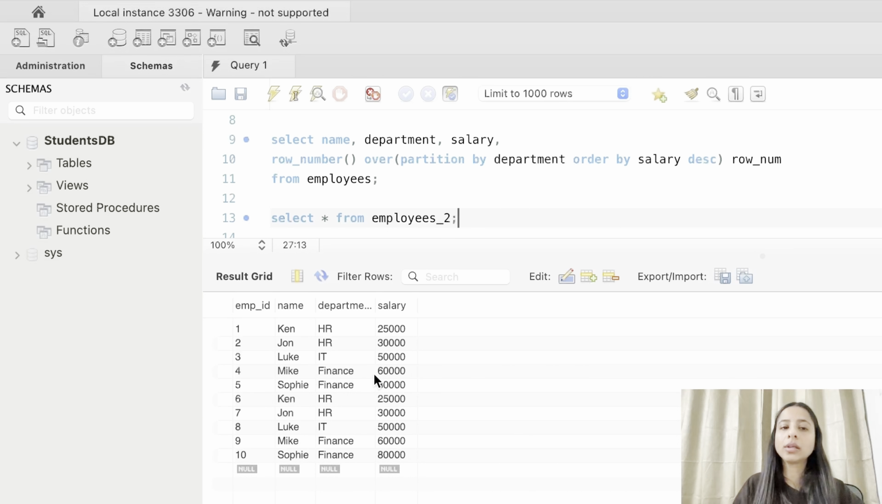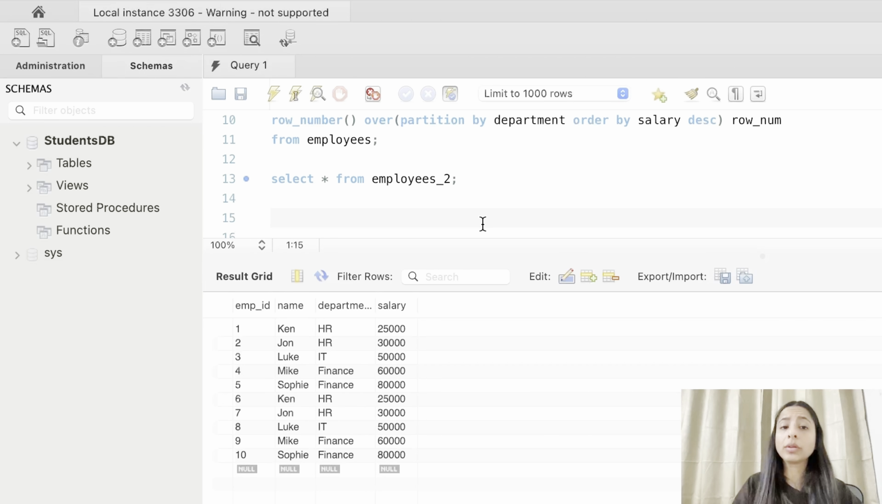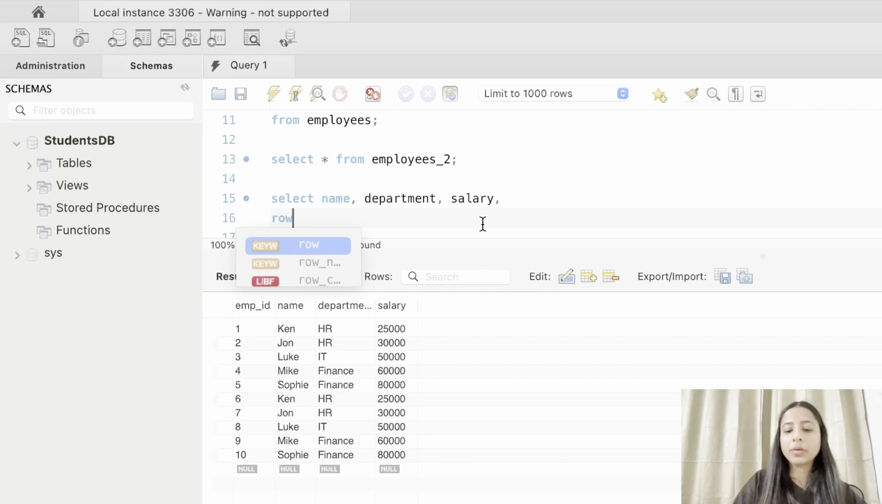I just inserted the records twice, so it has in total 10 records, and 5 are unique and 5 are duplicate records. So now let's see how we can use this row number to identify the duplicates. So we will write select name, department, salary, row number over